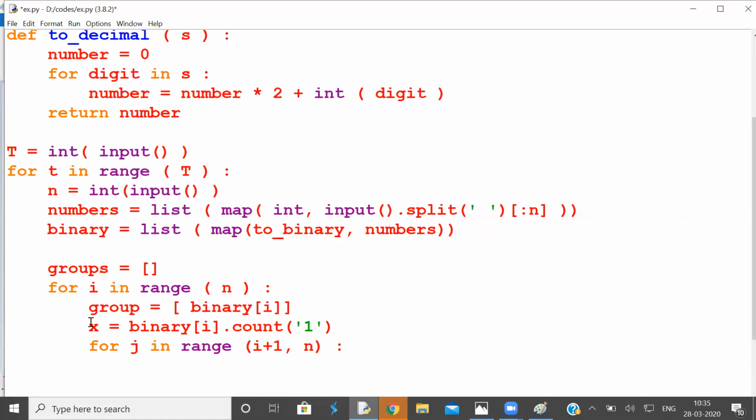There are x number of bits in this number. If number of bits in the next number is equal to x, then put next number in this group. Then group dot append